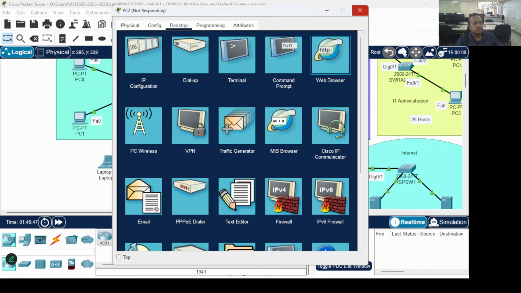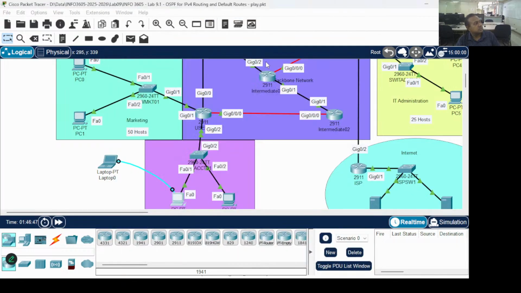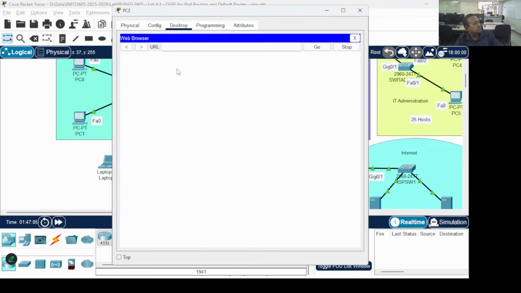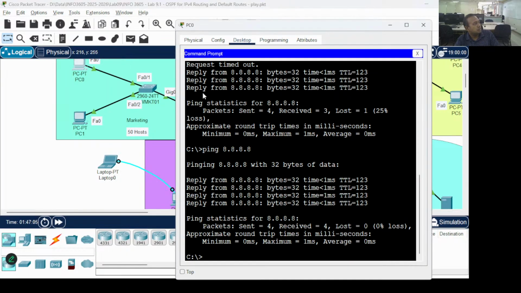Oh, it's a browser. Oh no, but then I'm going. Well, I'll wait for this to kind of freeze it up a bit. We'll go to the browser just now. Let's go back here. Let's ping